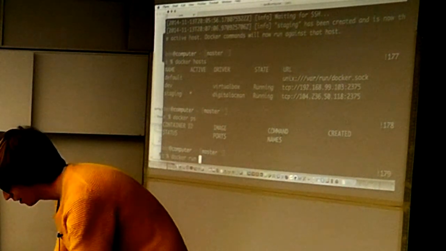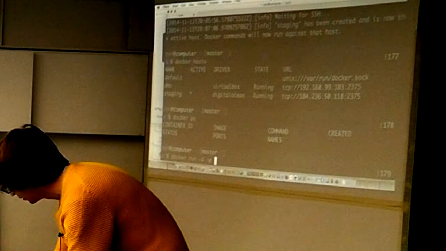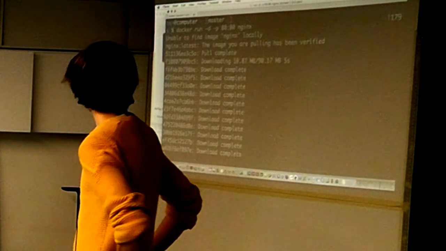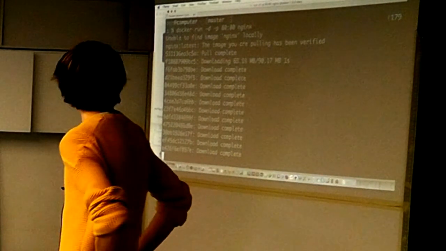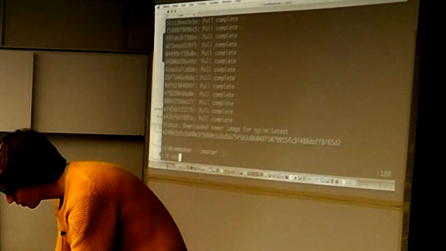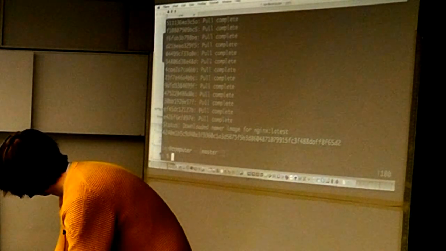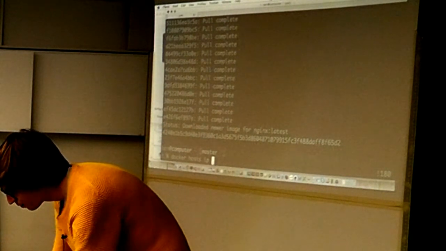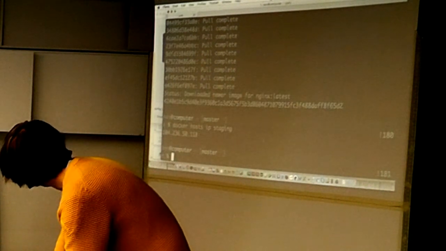We can do things like run Nginx. Really fast to pull because it's on DigitalOcean. And that will run Nginx. And there's also a command called docker hosts ip, which will give us the IP address of that machine,